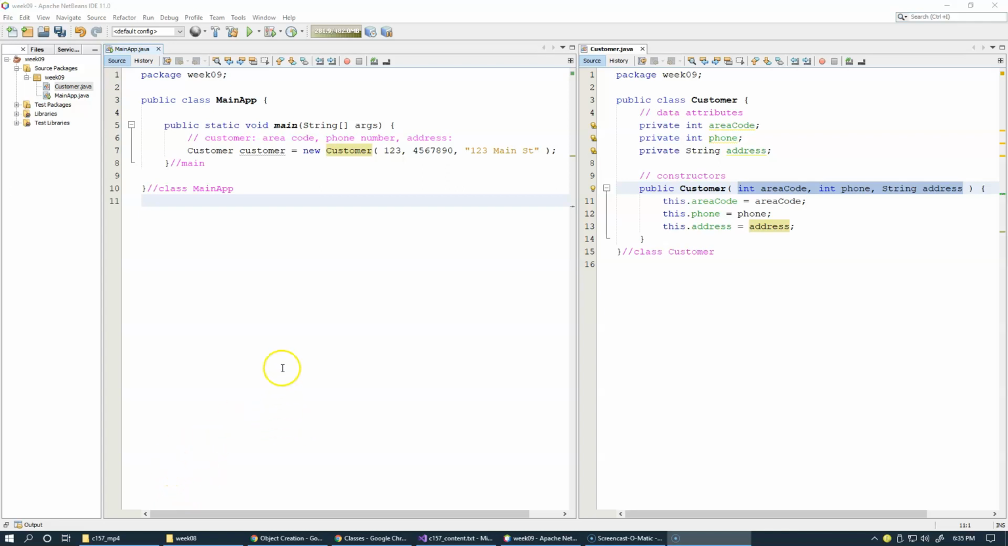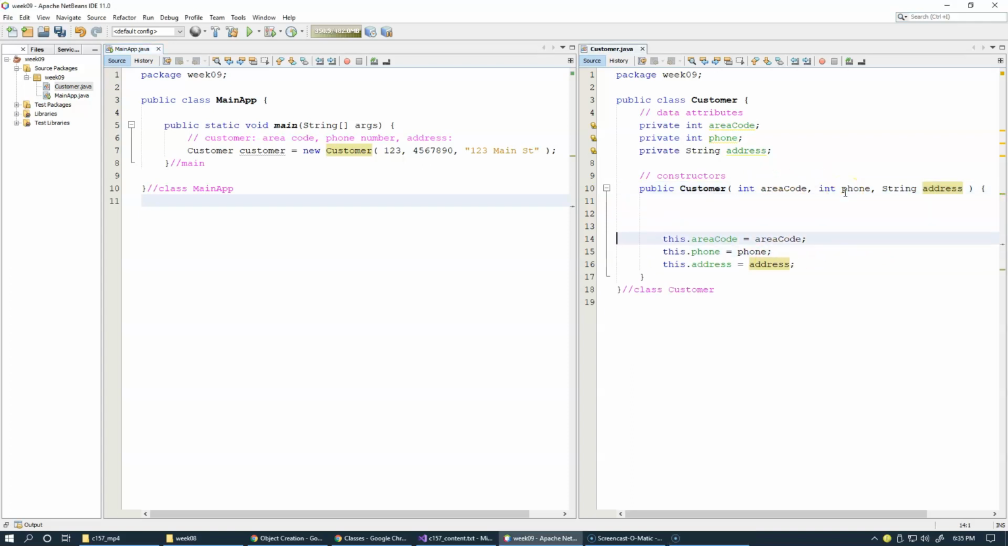So let's try to visualize what happens at runtime when we're trying to execute this program. Well, first of all, I'll just add some space here so that I have a little bit more space to do a demonstration. When we start our main method, the first thing that happens is this new operator is executed. So this new operator recognizes that Customer is the name of the class, and the class defines a user-defined